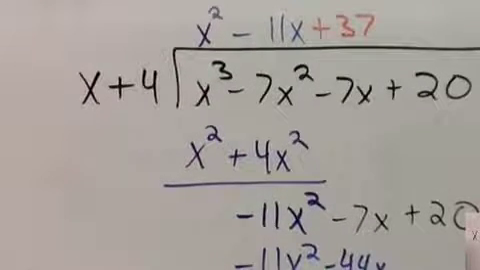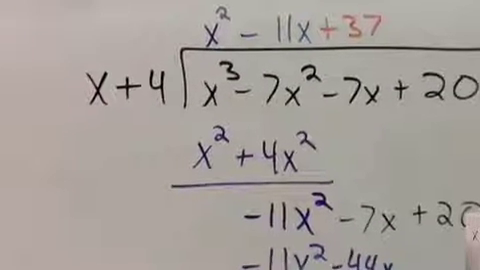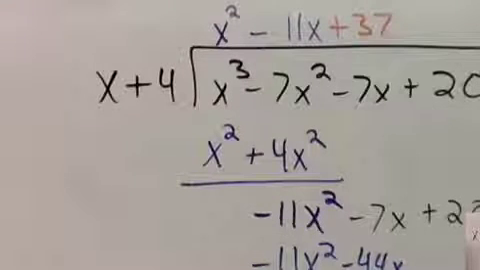So the first question we're trying to answer is: what times x will give us x cubed? X times what gives us x cubed? You find out that it's x squared, right? X squared times x gives us x cubed. So you take that x squared